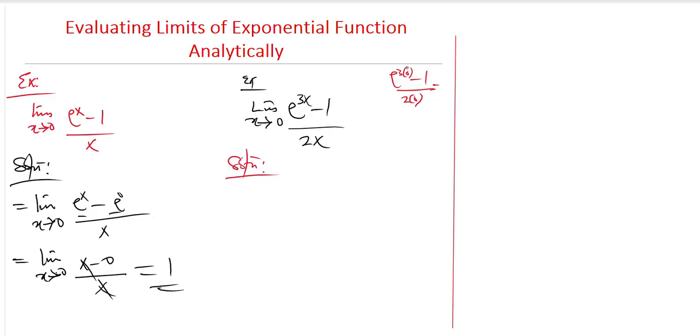And this will give us e to the power of 0, which is 1. 1 minus 1 is 0. And 2 times 0 is 0, which is indeterminate. So let's go further to